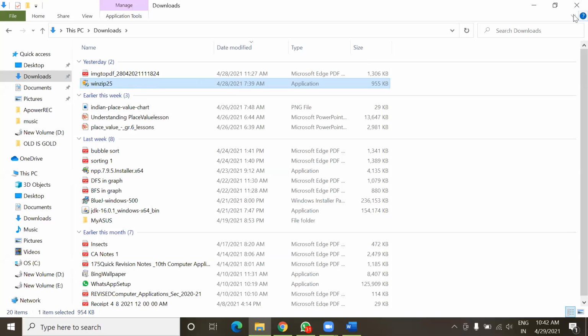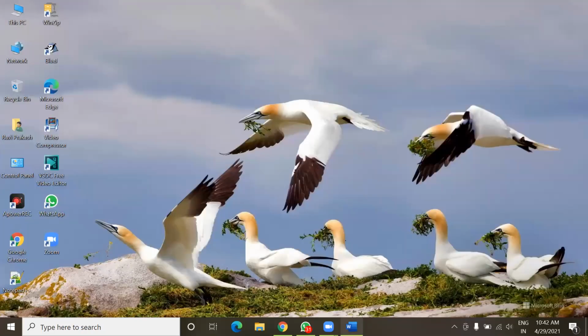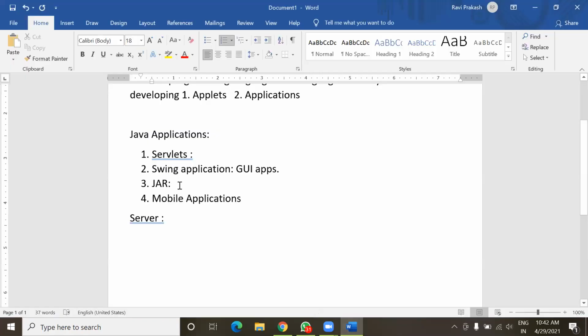So this is like a Java archive also. In a Java archive, so many Java program files are put together to make a single file. That is called Java archives. Next is mobile application.